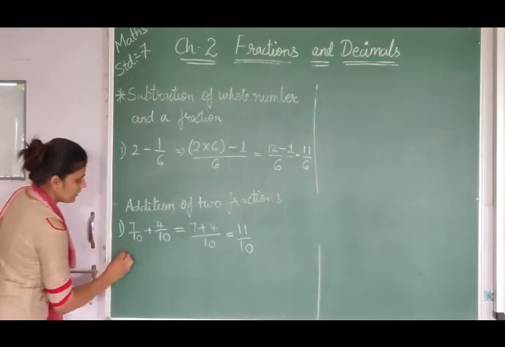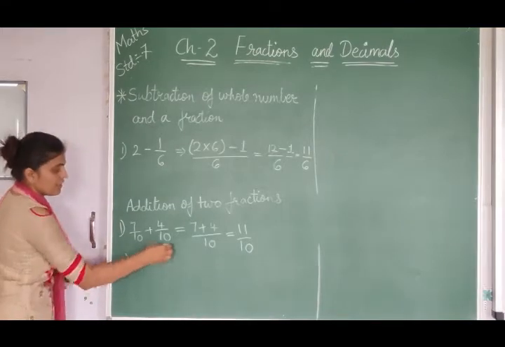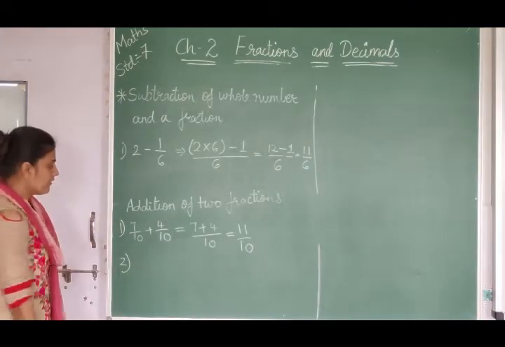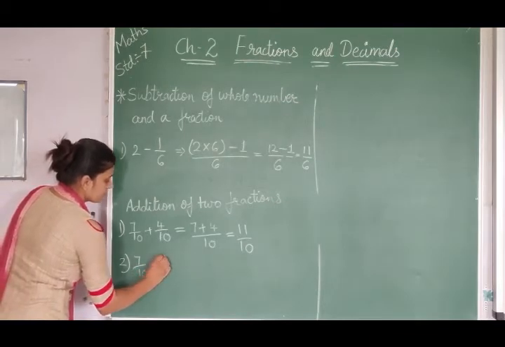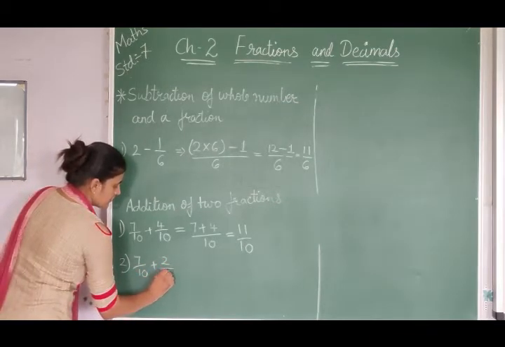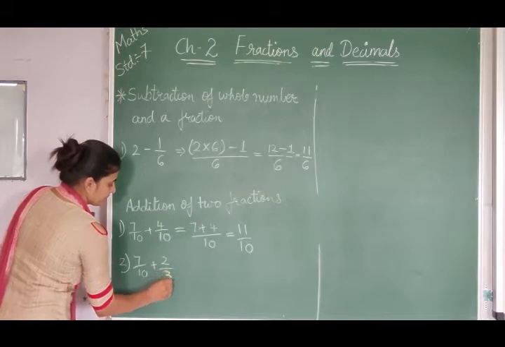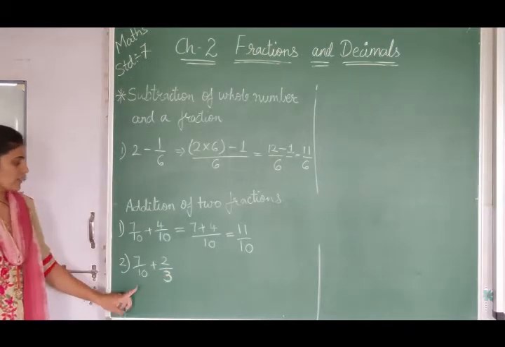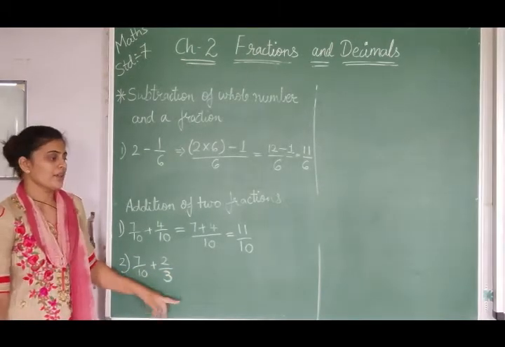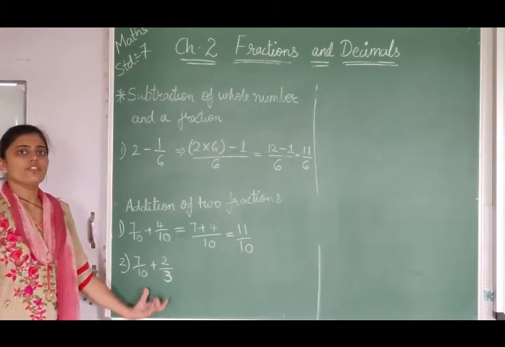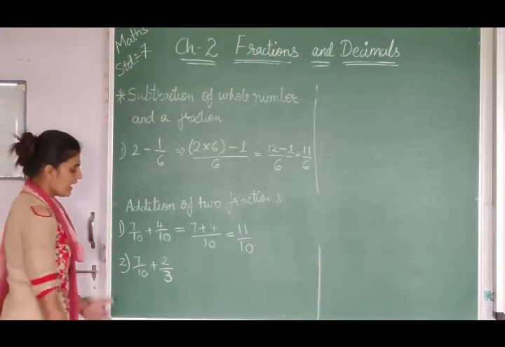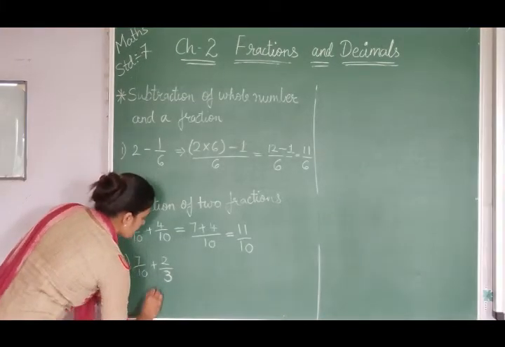Now another thing: when the denominators are not equal, then what will we do? 7 by 10 plus 2 by 3. These are also two fractions, 7 by 10 plus 2 by 3, but both of them do not have equal denominators. So what we will do is take out the LCM. So first step, LCM